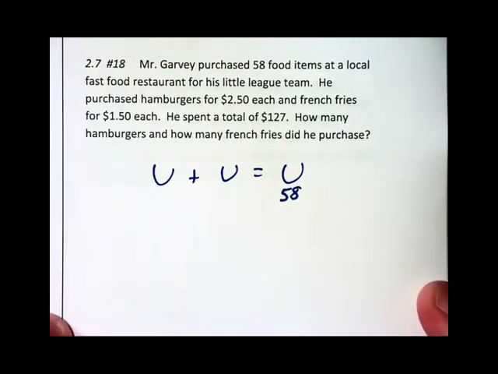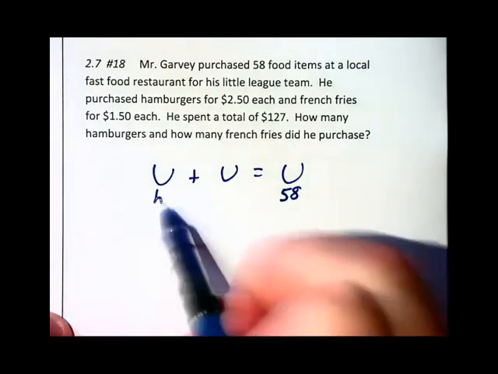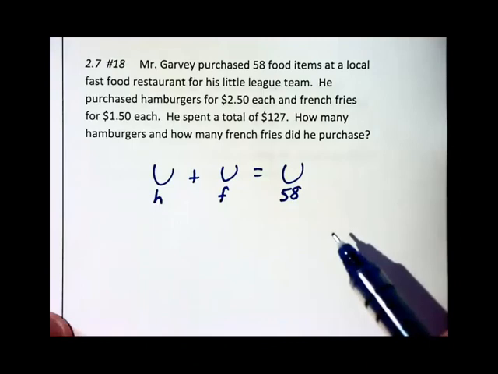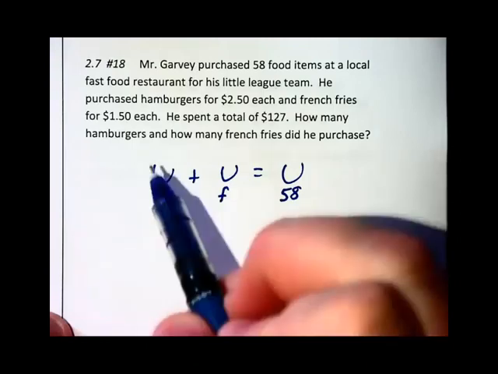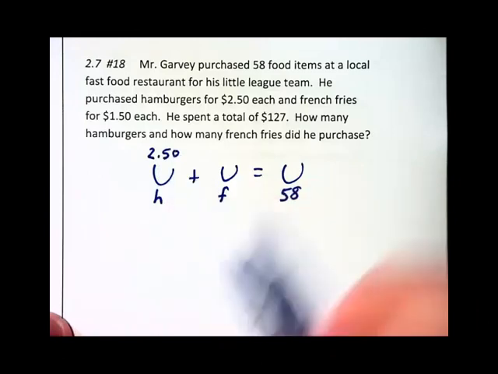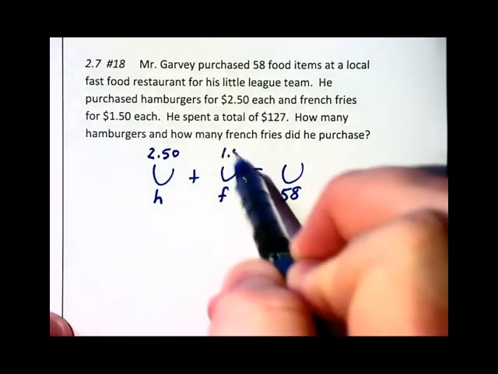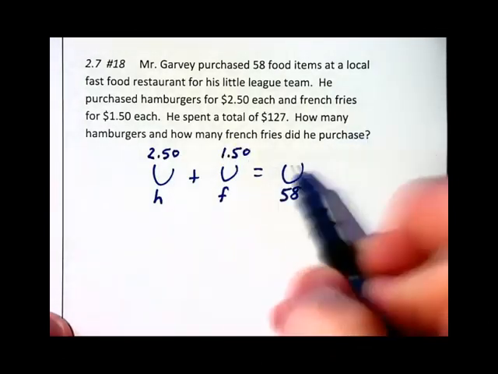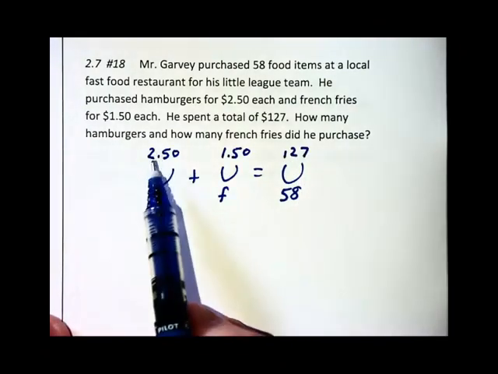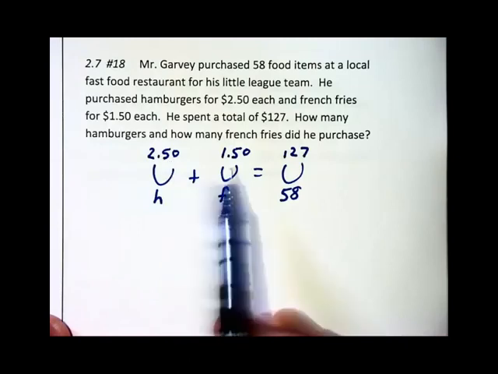We've got both hamburgers and French fries, H and F. And the hamburgers were $2.50 each, 2.50 up there. French fries were $1.50. And he spent a total of $127. Now, since we had a decimal over on the left with 2 digits after it, I'm going to do